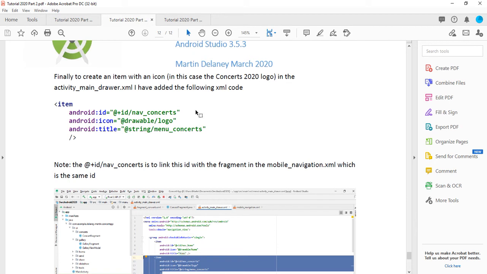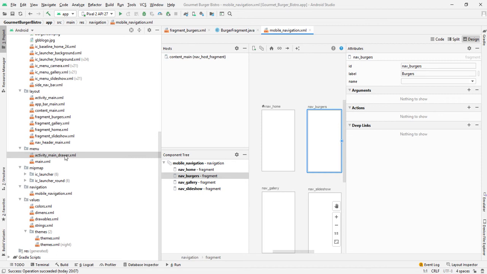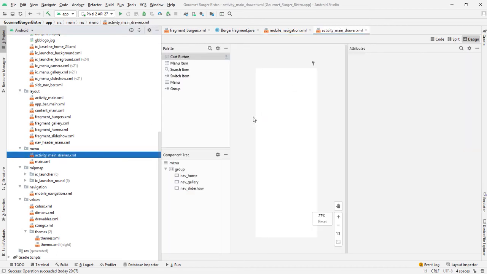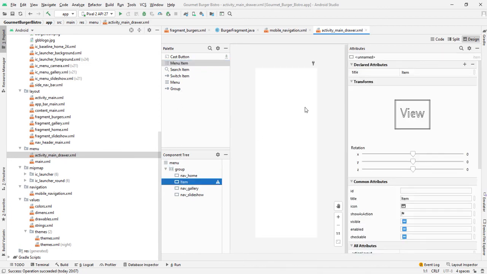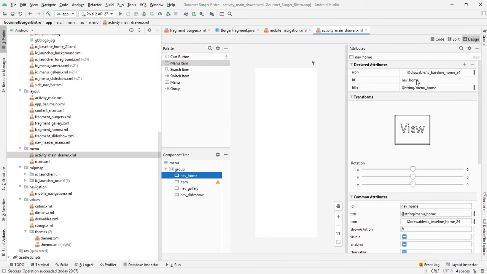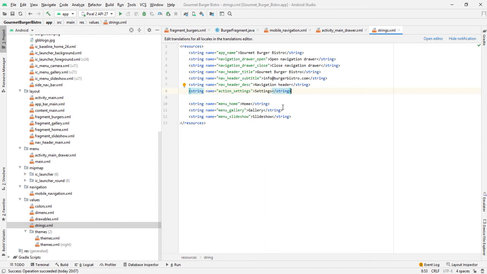Into the navigation bar, I can use the activity main drawer XML. I could use the code and change it, or you can simply do it in the design. If I go into activity main drawer and open it, you'll see there's three, and I'm going to put a new menu item in there, and give the menu item a title. You see here, if you click on any of them, they've got different titles using a string. So menu home, I go to strings,